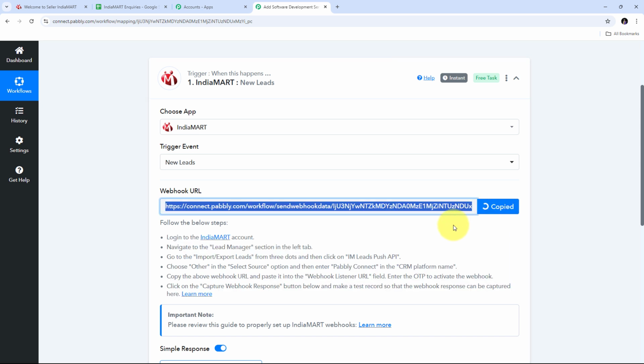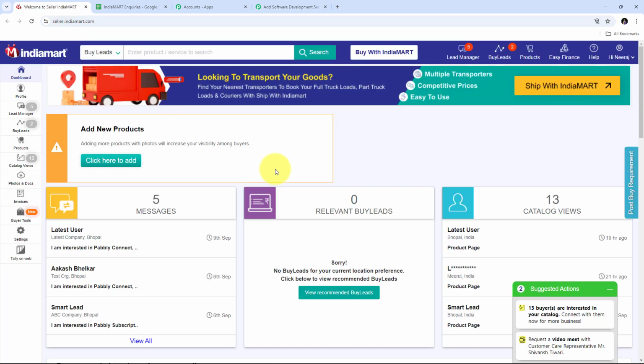And now I need to take you to my IndiaMART account, and here I need to add my webhook so that I can connect IndiaMART with Pabbly Connect, and every time I receive a new inquiry for my software development service, I can automatically add that in Google Sheet. So for connecting IndiaMART with Pabbly Connect, I need to go to Lead Manager,